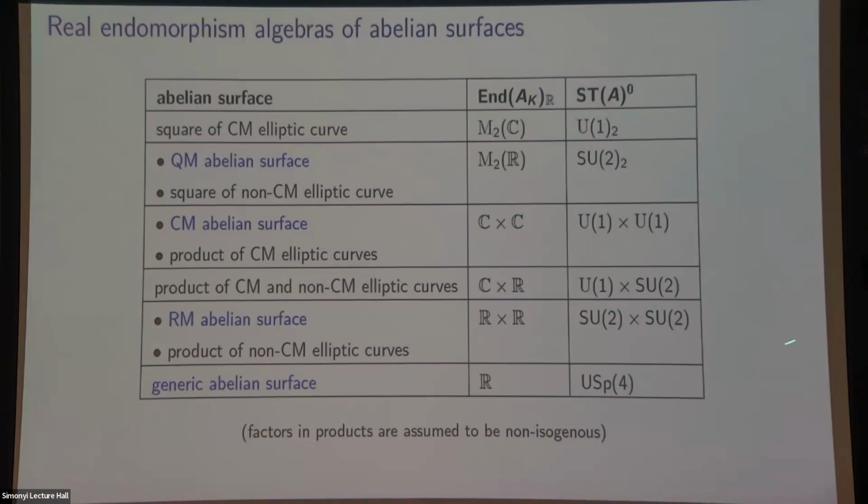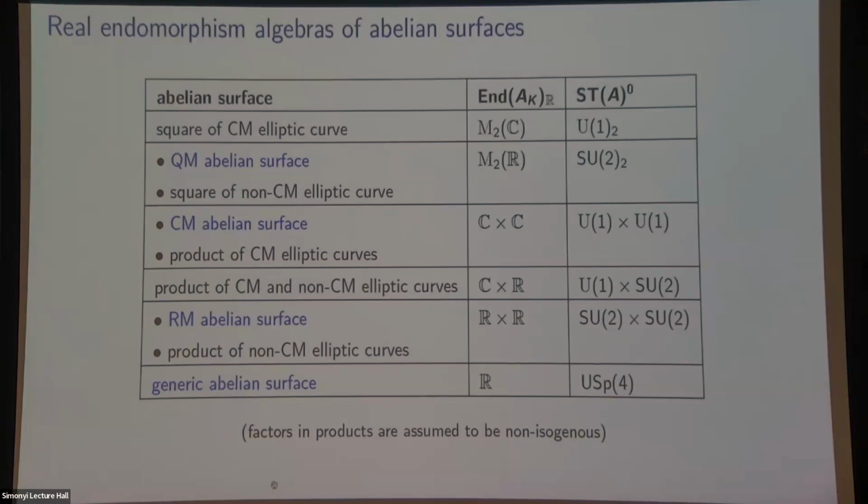This is the generic case. This is the most special case. This would be something that's isogenous to the square of a CM elliptic curve. And I'm showing you the corresponding endomorphism algebra, and then the different ways you could realize this as an abelian surface. I mean, this is sort of coming from Albert's classification, but each of these different options is going to give you maybe different ways of realizing these Sato-Tate groups for different types of L-functions. Now, this is a very coarse picture here. One can say a lot more, and there is still work underway on nailing down exactly what are the details of all the different L-functions and the automorphic connections that apply in each case. So I'm only going to scratch the surface of this in this talk.